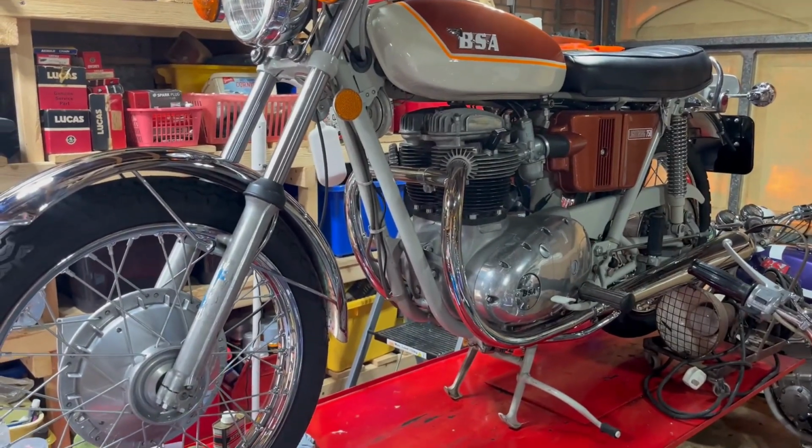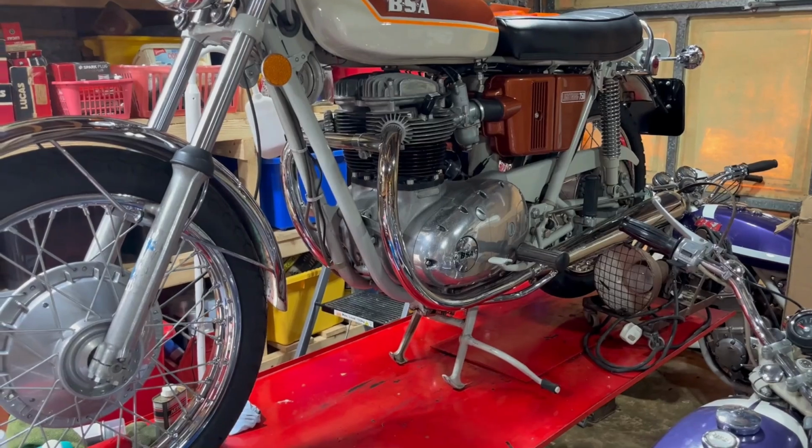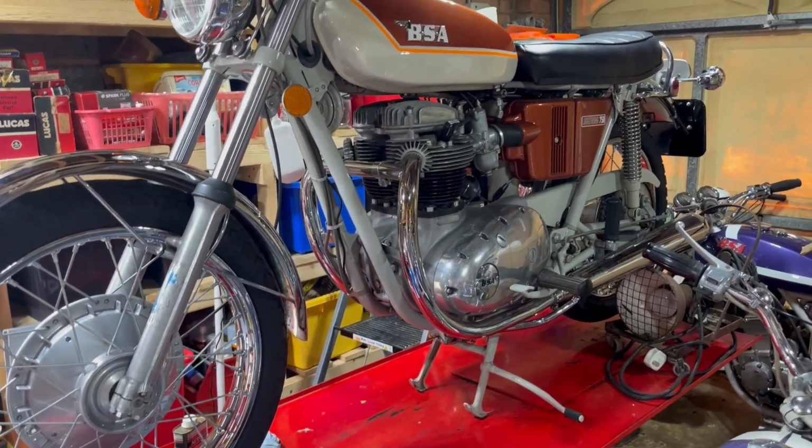This doesn't need much at all really, although it's sumped a bit of its oil as always, so put the oil back in the tank as it's hardly done any miles. Give it a bit of polish up because this, the